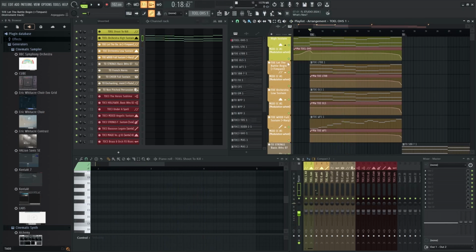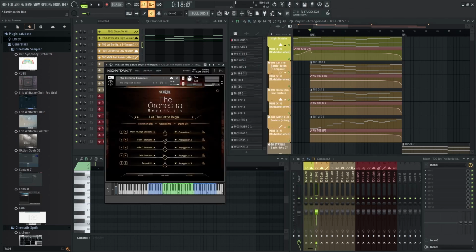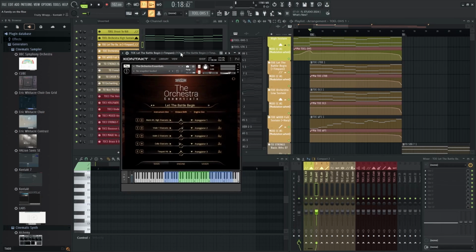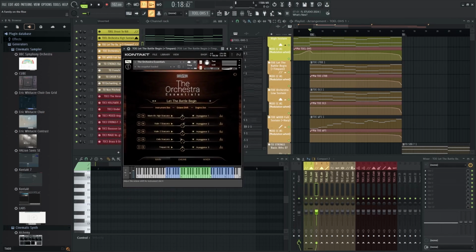I'll point out two specific things here. You'll notice in my naming, I've added this plus timpani and this plus harp. It's because I have swapped things out a little bit from the bass patch. So the bass preset, I should say. So if I pull up the Let the Battle Begin, and I've got this timpani hit in there,